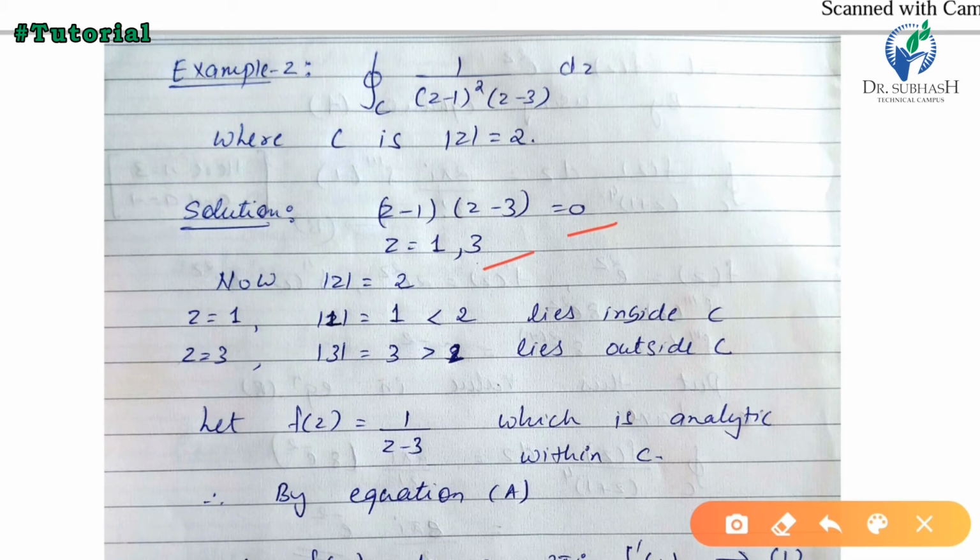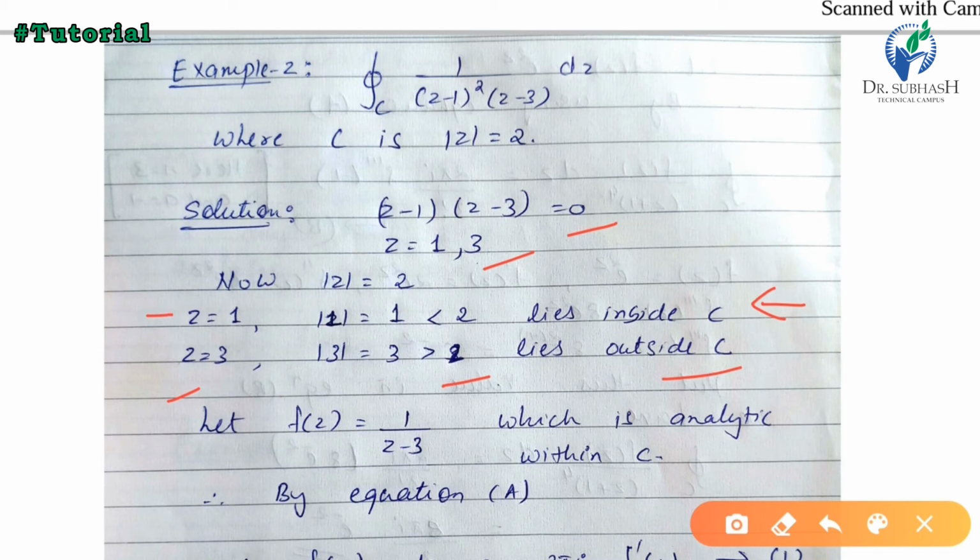Now we substitute these values in mod z. First point is z equal to 1. So mod of 1 equal to 1, which is less than 2, which lies inside the curve C. Now we will take the next point, z equal to 3. So mod 3 equal to 3, which is greater than 2, which lies outside the curve